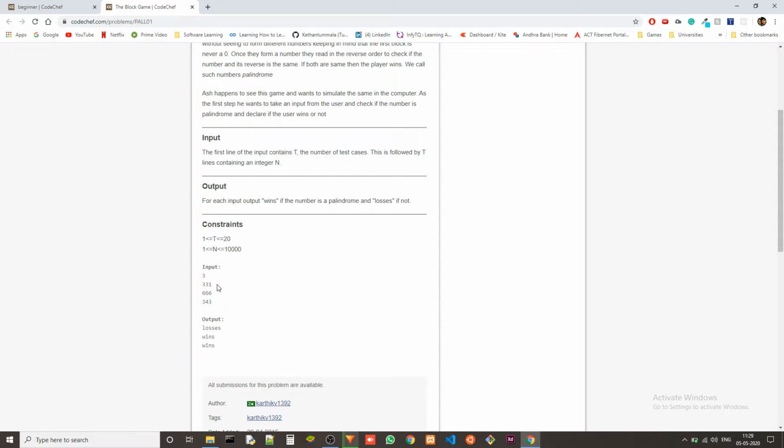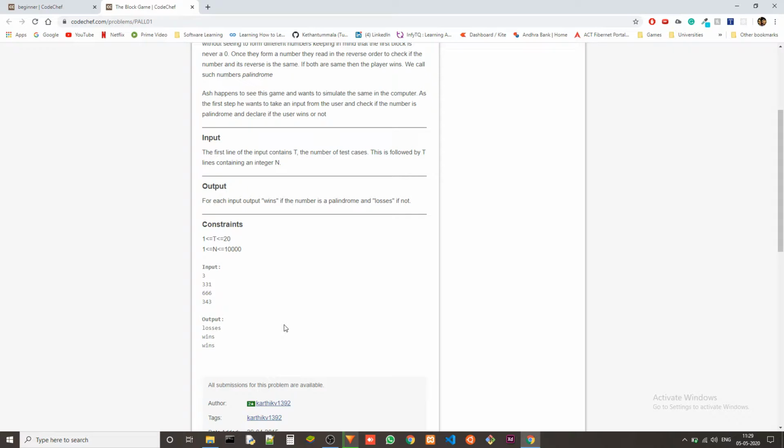What is a palindrome? Let's say this number, 331. What is the reverse of this number? It's 133, right? 331 is the correct direction and 133 is the reverse direction. If the correct direction and the reverse direction are both equal, then we call it a palindrome. Not just for numbers, even for strings.